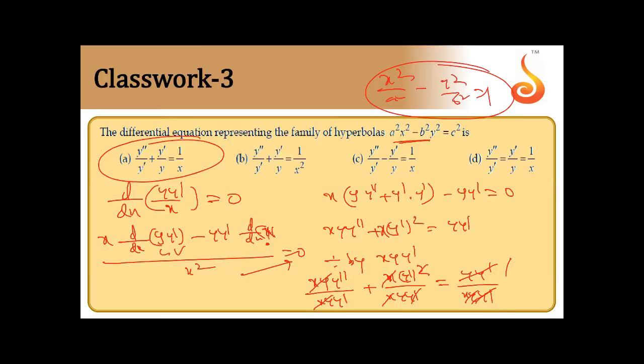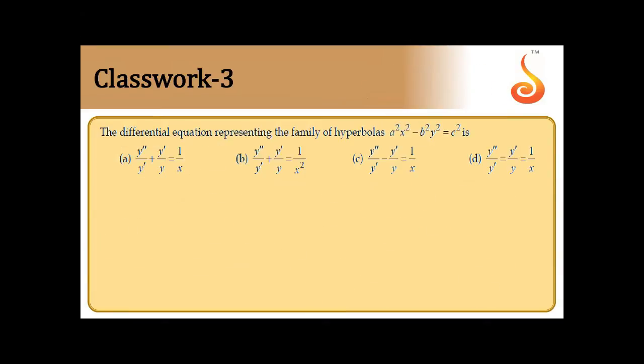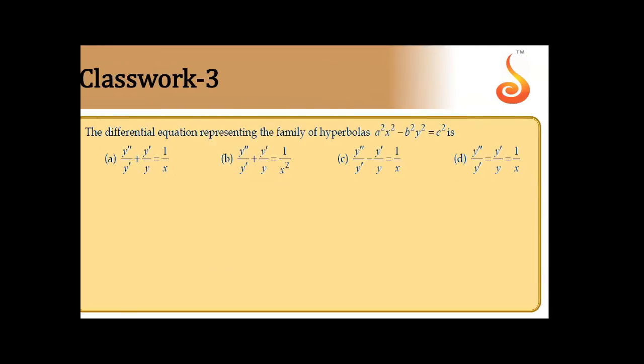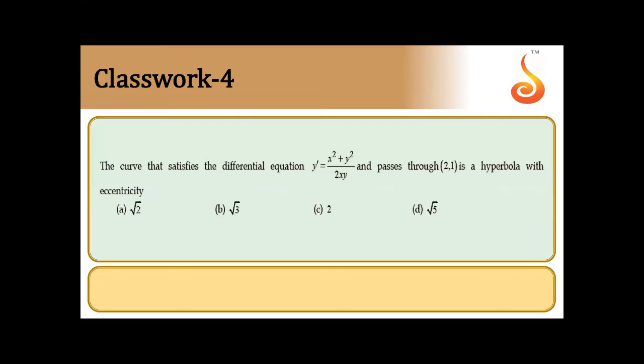So how to get an idea about dividing? Just look at the options. There is no x term on the right side. Okay, on the left side, you can divide by x by y dash. Okay, the answer A is the right answer. Fine. Done everyone, this one? So the main thing, you should get an idea about taking all the constants to one side. Then they become easy only for the differentiation part. A is the right answer.